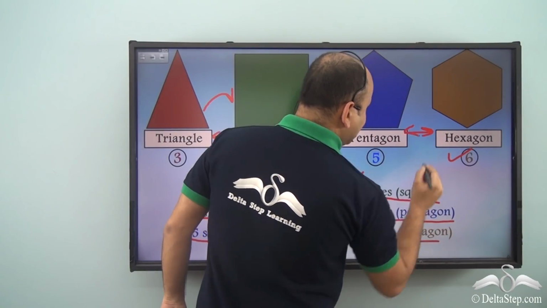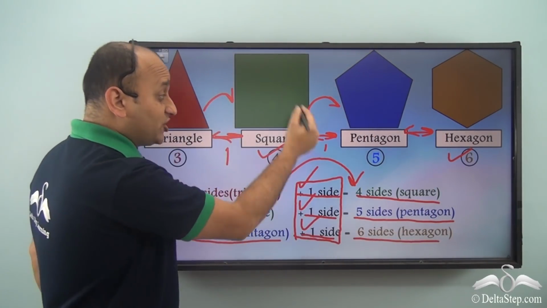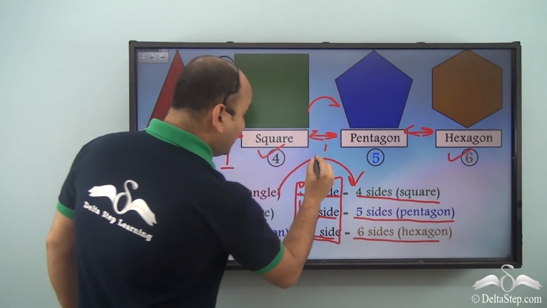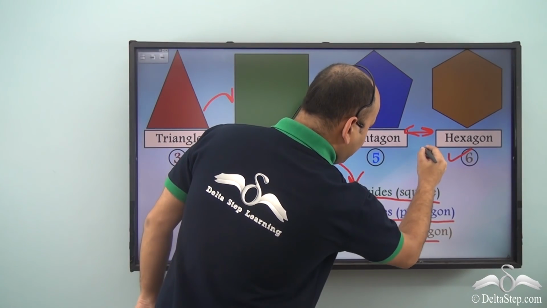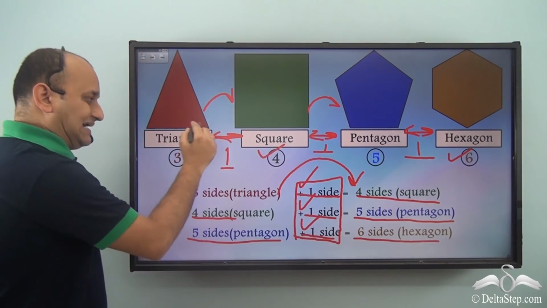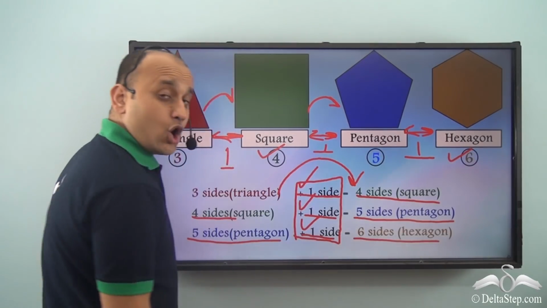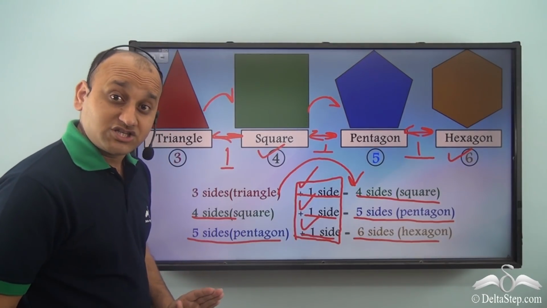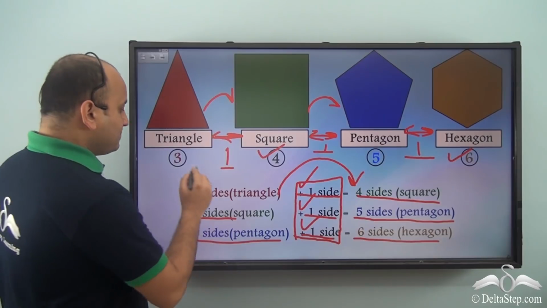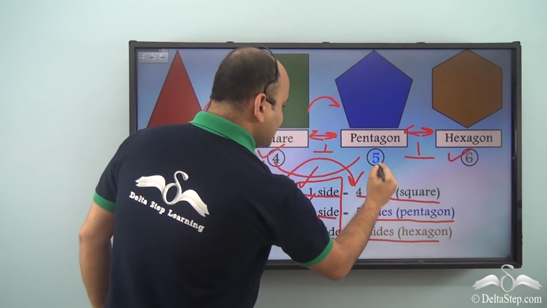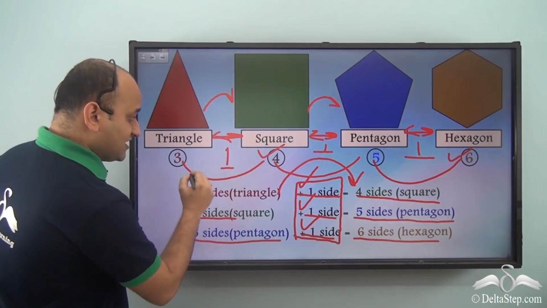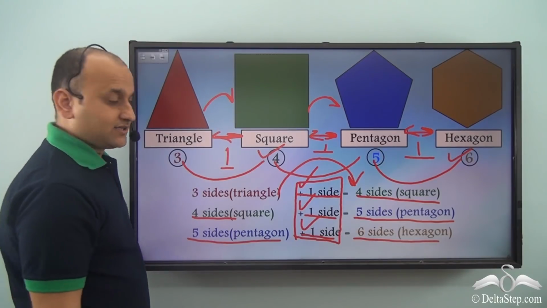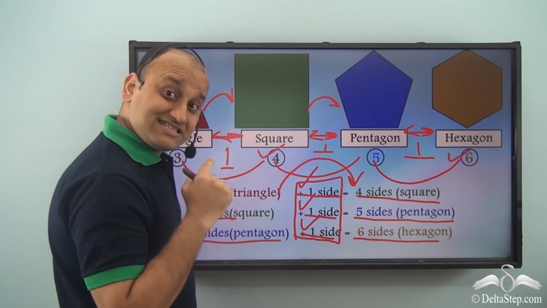So we can say that difference between consecutive members of this series is constant. That is one constant number 1. So every time the difference between consecutive members is constant, and such a series is called arithmetic progression or AP. So we can say that this series is in AP because the difference between consecutive members of the series is always constant. In this case it is 1. Now let's see another example.